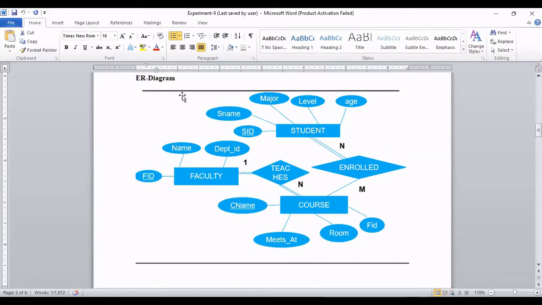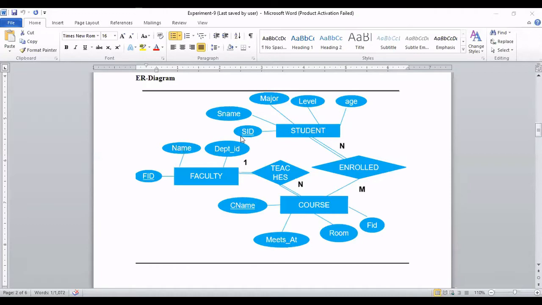In this academic section of a university, you can give a proper name of the database, later it is the academic database, where these three entities are participating. In a particular instance it tells which faculty is teaching which course and which students have enrolled under that faculty. Now see here there are three entities: one is student, one is faculty, and one is course, and these are the attributes of every entity.